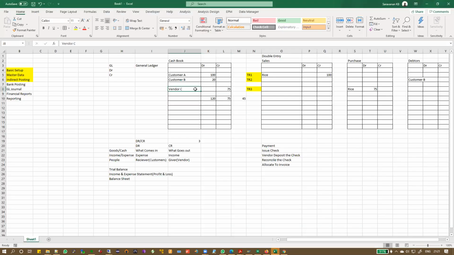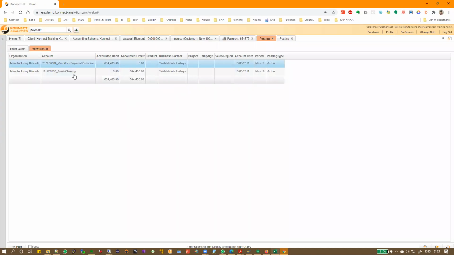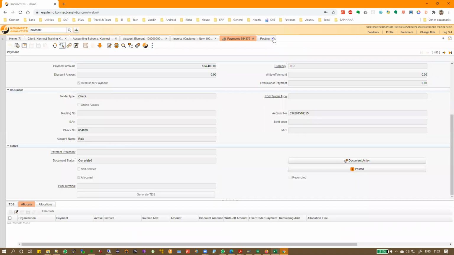But instead of debiting the vendor, I am only debiting an interim account called creditors payment selection. I'll tell you why we're doing it like this. Then somebody goes and deposits the check, etc.